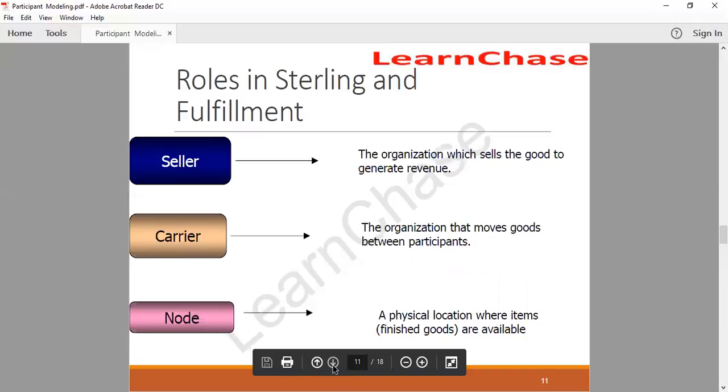An organization, you would know what an organization is, but I would like you to understand that it represents a unit of a business. It could be a company, a legal entity, a business group, a sales organization, or anything. In addition to assigning organization roles, an organization can also be designated to have the following responsibilities: